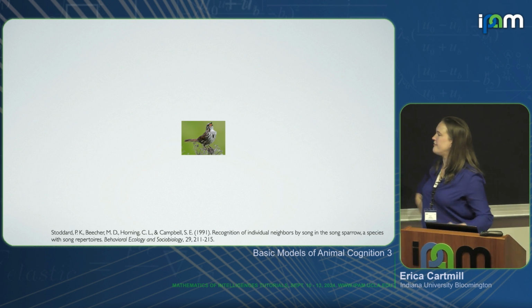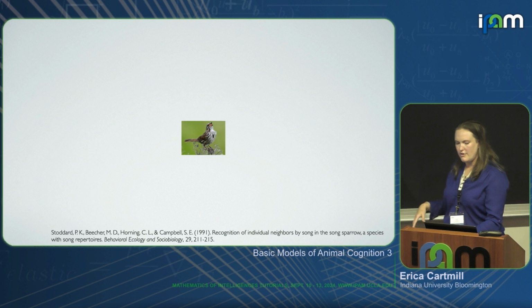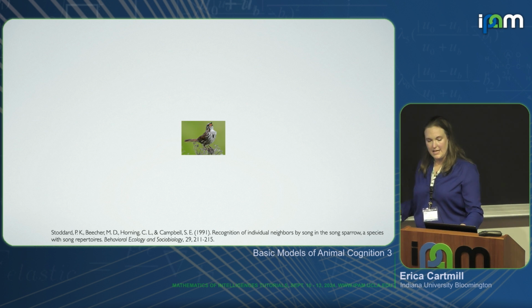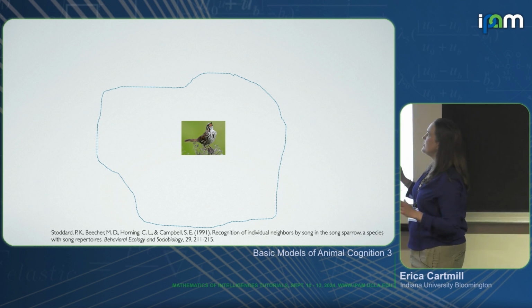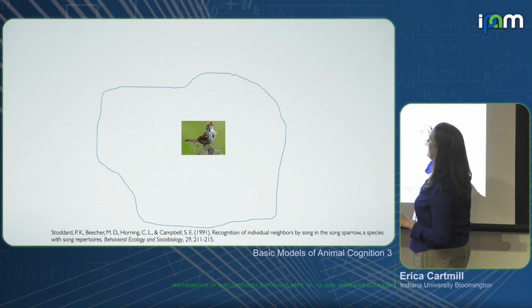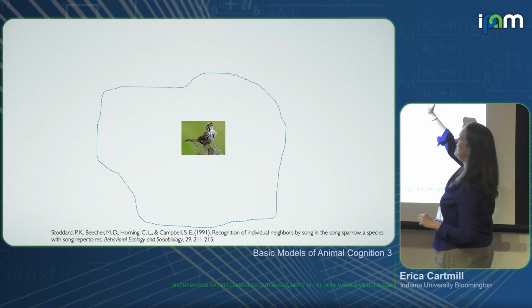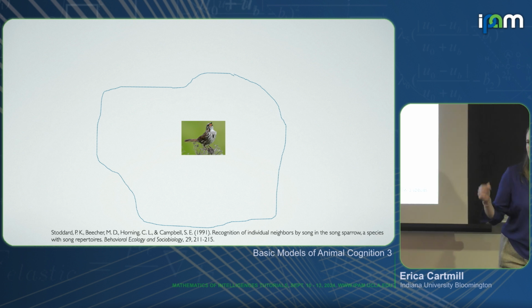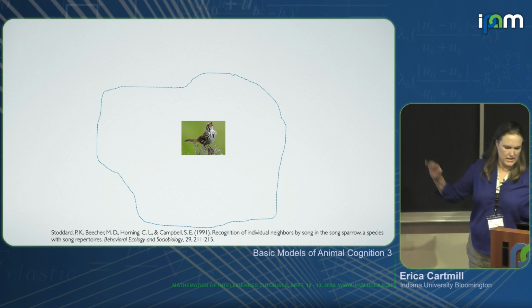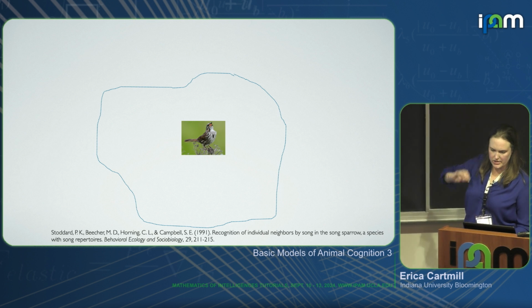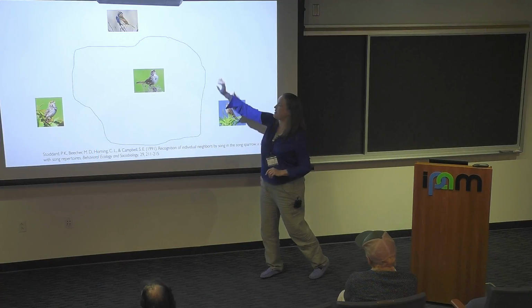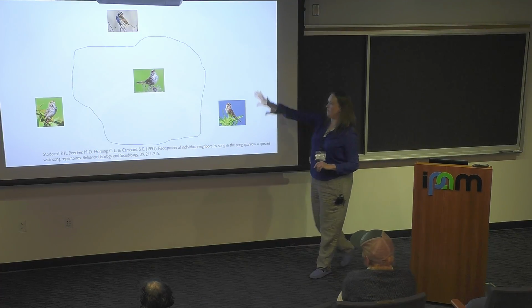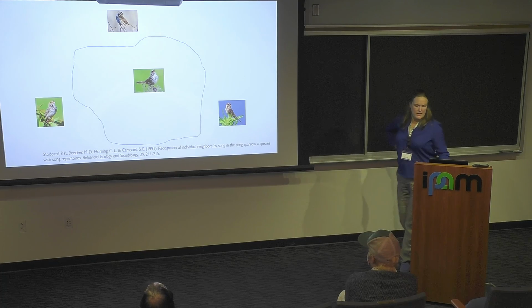They're using the fact that song sparrows have fairly stable territories, and they're fairly small, as a way to assess what their expectations are about other individuals and where other individuals should be. So let's take this male here. This is his territory. And his territory is bordered by 3 other males in their territories. So in this study,